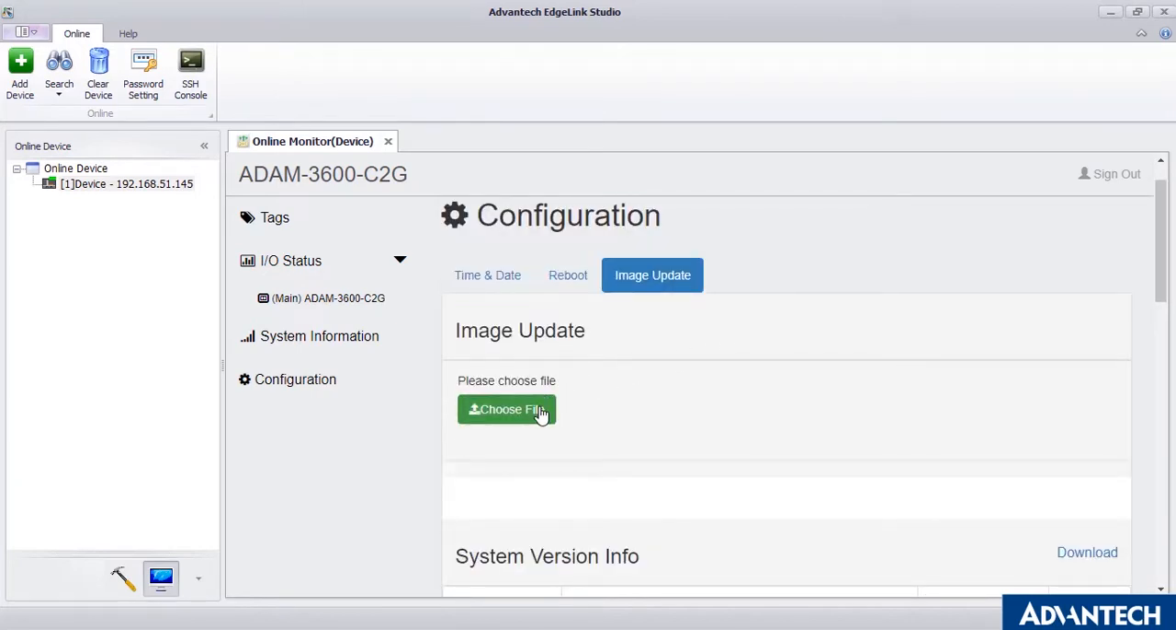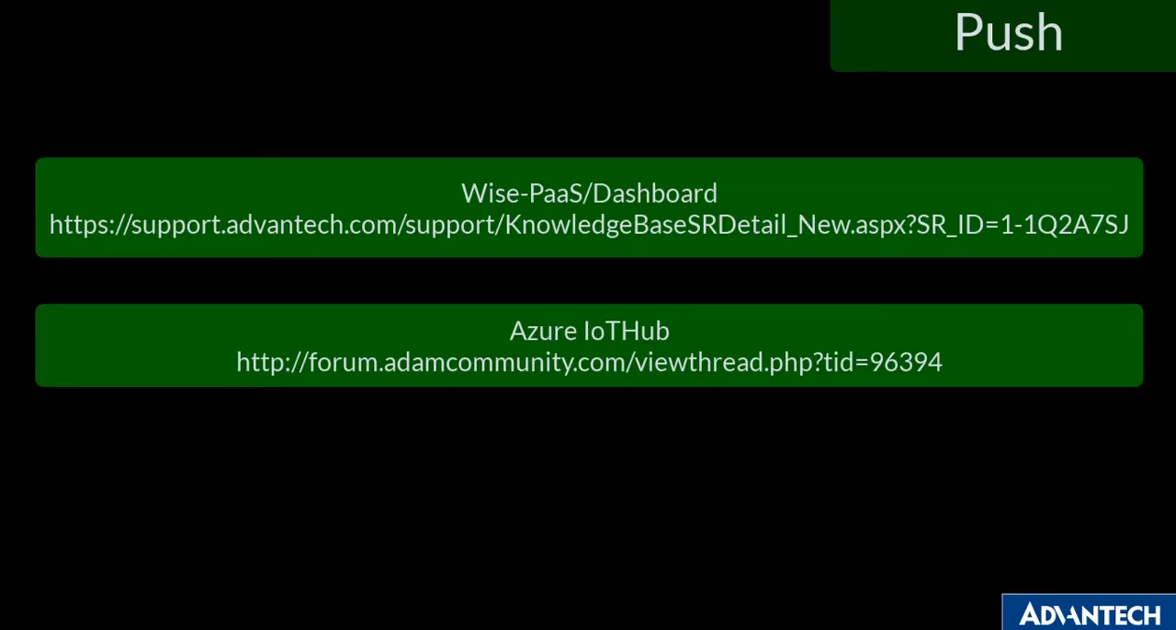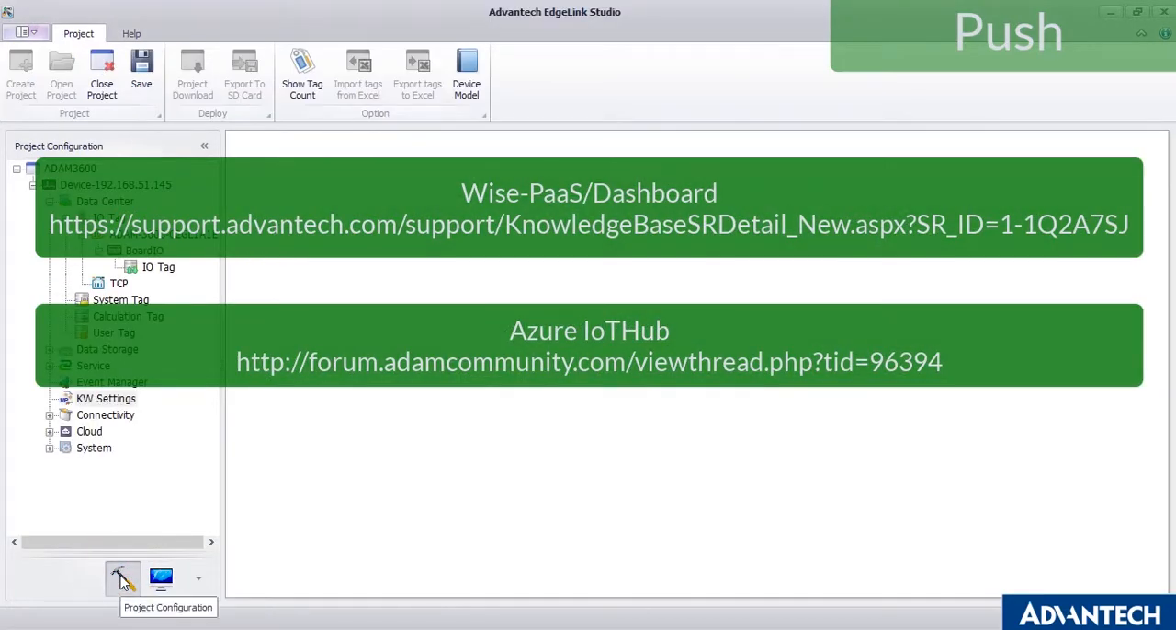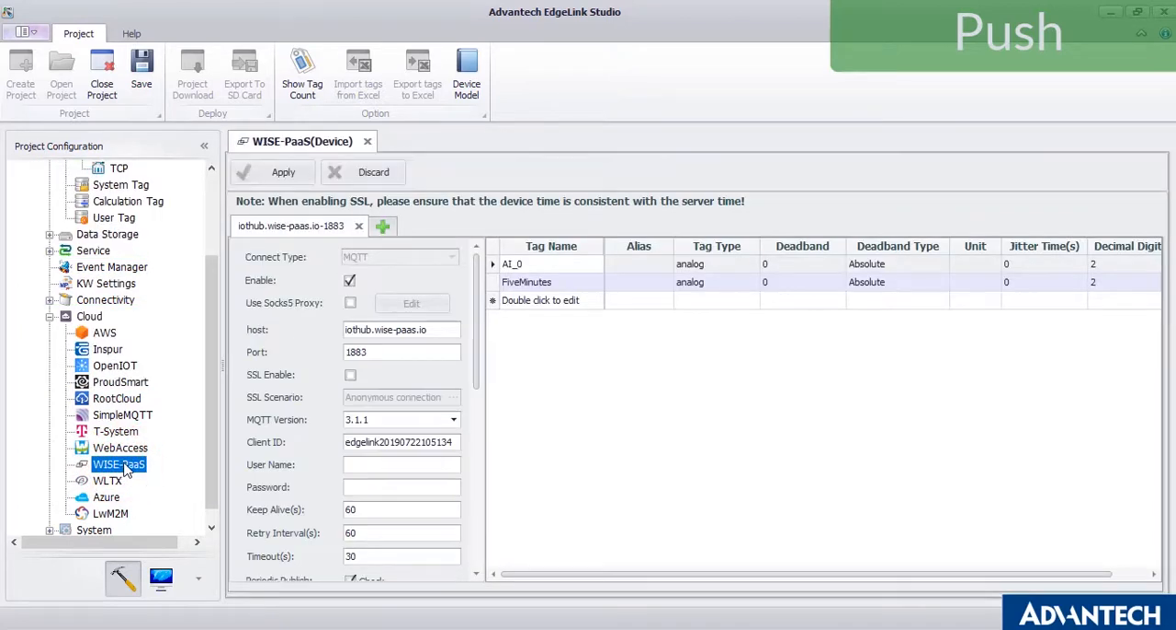So far we've reviewed how to collect data using Advantech WISE-PaaS EdgeLink, and then how to pre-process that data through a simple calculation tag, and also in this particular instance the Atom 3600's embedded runtime, KW. So let's push that data now up to the cloud. We'll use the Advantech WISE-PaaS NSAS product to do that. You could use Azure or AWS if you want. I'll put a little link here, show it on the screen for how to do Azure and the basic configuration